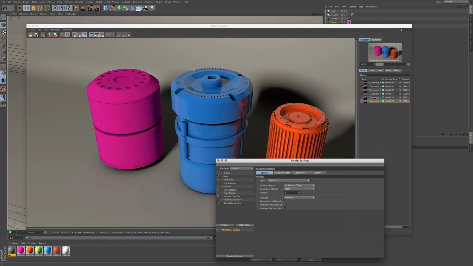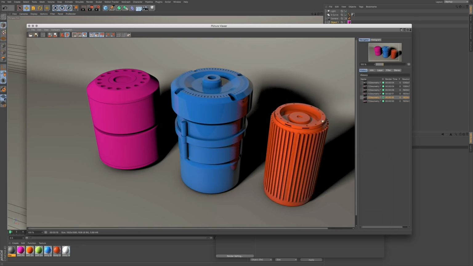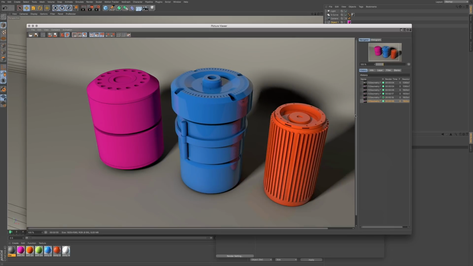So what I'm going to do is go to my previous render, the one where we had ambient occlusion, and this one is the one where we have global illumination. Now you can see that just by previewing it right at the start, it's a little bit brighter. But the reason why is, especially if you look at some of the back areas of these objects,